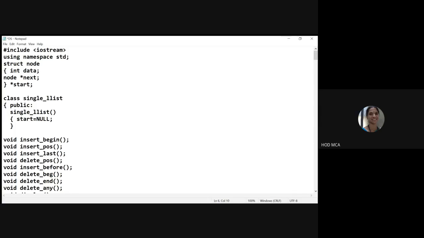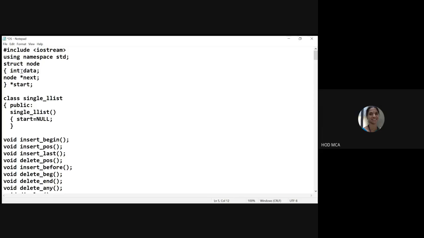Okay, next, how are we going to define a node? Here, when I define a node, I am using the data type called structure. When I say structure, we can have several data types inside the structure. That means a structure can consist of variables which are of different data types.